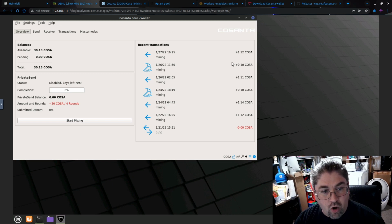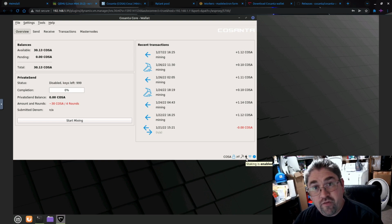But you can see the current reward is 0.1 COSA. That's where we're at on the blockchain right now. And if you see down here, staking is enabled. This little lightning bolt is black. If it's not enabled, it will be sort of like how this pickaxe is white inside of it, and it's disabled. Now, to get proof of stake working, first off, you need to have a minimum of 1 COSA, and